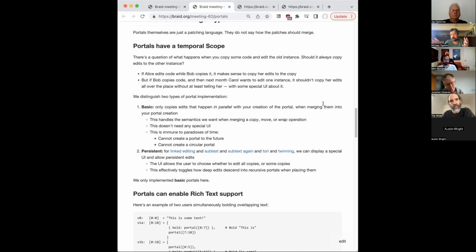If you are going to have a situation where you're typing something and it's magically duplicating, you're going to want some special user interface for that. But if all you're doing is cut, copy, and paste, then you want this rule where the portal is only active for merges that are happening in parallel.